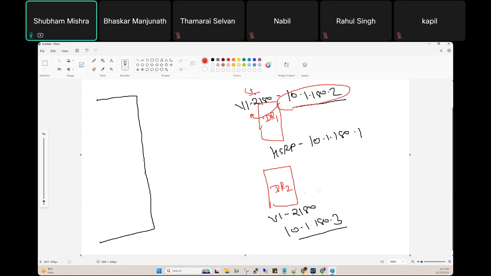That is the SVI. Whenever you configure the SVI, you must configure the IP address, then it will behave like an SVI.